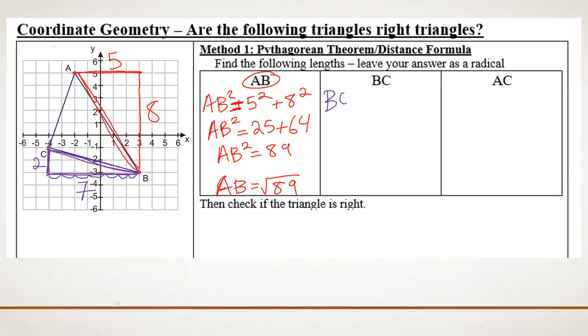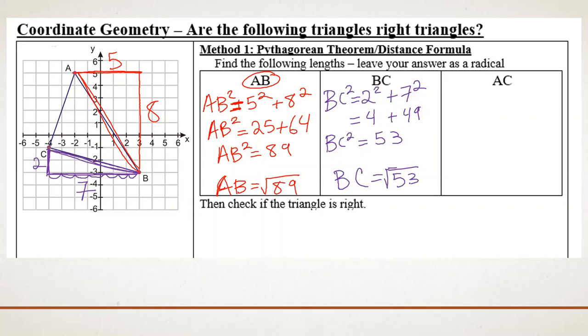So BC squared equals 2 squared plus 7 squared, which is 4 plus 49. So BC squared equals 53. Take the square root of both sides, and BC equals the square root of 53. And again, I want you to leave it in your radical so we don't have rounding error. Okay. The third one,